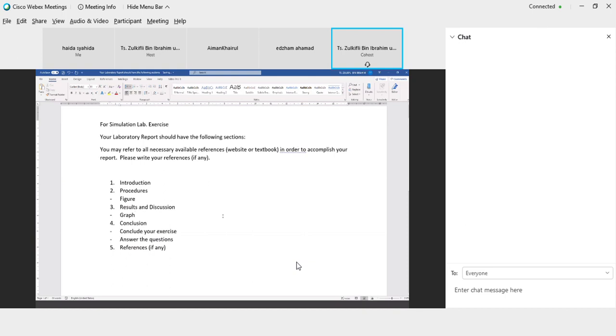So untuk labs ni, satu group 2 orang. Untuk setiap lab awak kena ada the following items. Kena ada introduction, sedikit procedure, result and discussion, dan conclusion of your works lah. Reference if any. So untuk lab nombor 1, for first lab kita akan buat